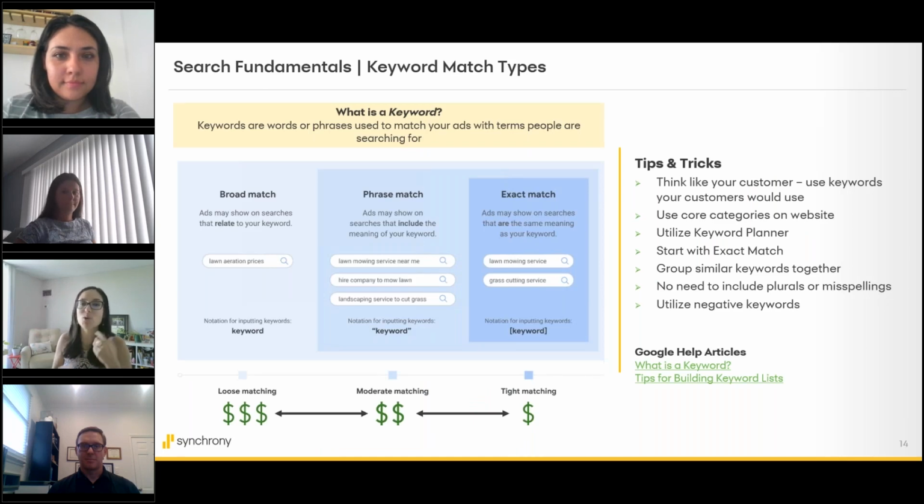Awesome, thank you. Cool. All right, so what is a keyword? A keyword is a word or phrase used to match your ads with terms that people are actively searching for on the search engine results page. For example, I run the Synchrony bank account here at Synchrony, so my keywords include things like